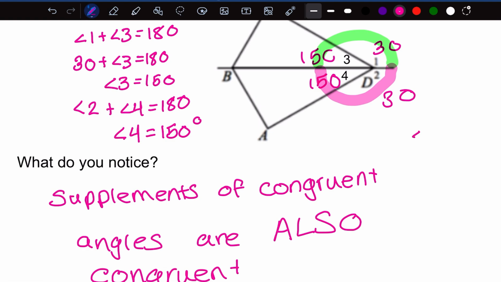So in this case, our congruent angles had been angles 1 and 2. Angles 3 and 4 were the supplements of those congruent angles. And because of this, we can say that angle 3 is congruent to angle 4. This is the line of reasoning that we will use in some of these proofs,